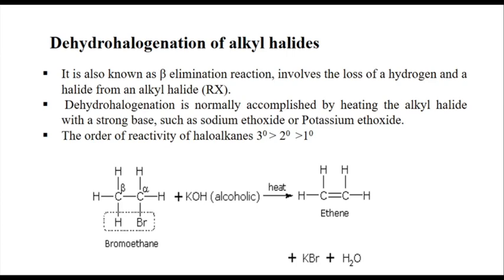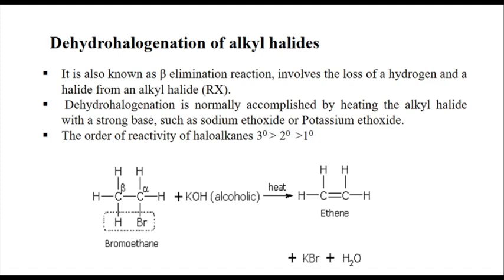So when alcoholic KOH solution, that is KOH dissolved in alcohol, forms potassium ethoxide, which acts as a strong base. Okay, so when the haloalkane is treated with the strong base, it will take away the beta hydrogen, and the elimination reaction gives alkene as the major product. Dehydrohalogenation is called the beta elimination, and it involves the E2 elimination pathway.